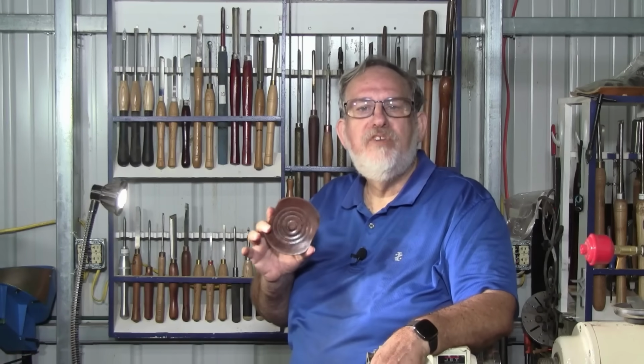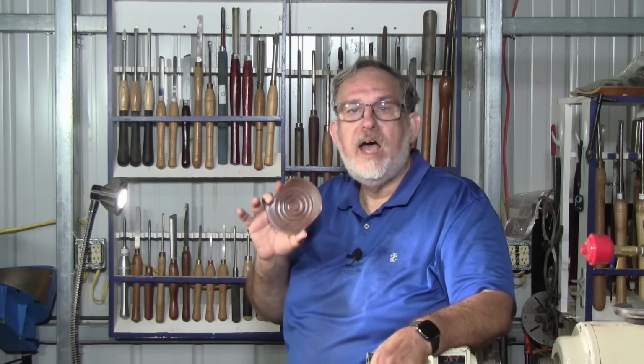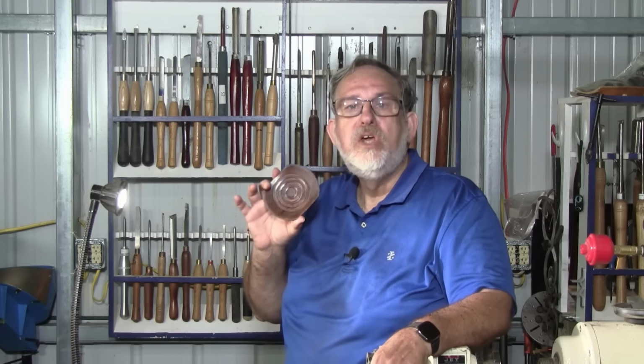Most of you probably figured out a long time ago that this is a soap dish, and you'd be exactly right. Everybody needs one. Everybody uses them, and it's just something different. I have seen a ton of them made out of wood. I have not seen any turned on a lathe. I came up with this idea, thought it might be something you guys might be interested in, so I decided to